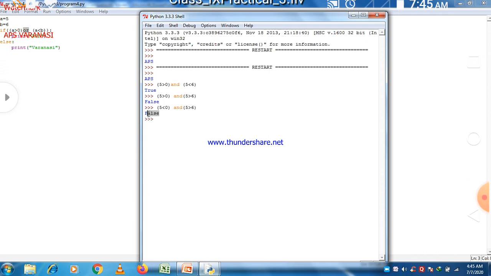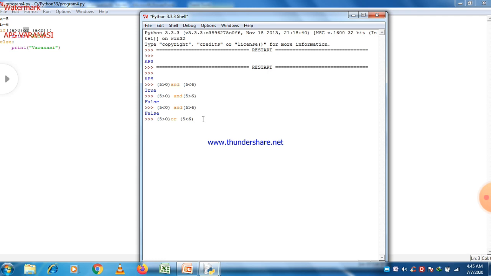Now let us take another condition. Just copy it, don't write it again and again, just paste it and change the condition here: 5 is greater than 0 or 5 is less than 6, so instead of and, just write or.